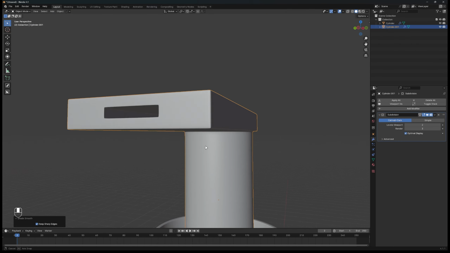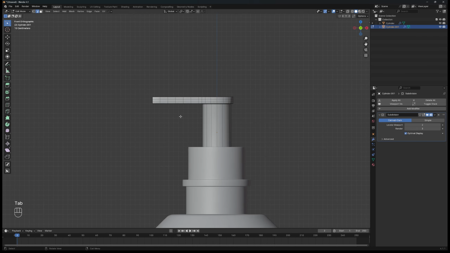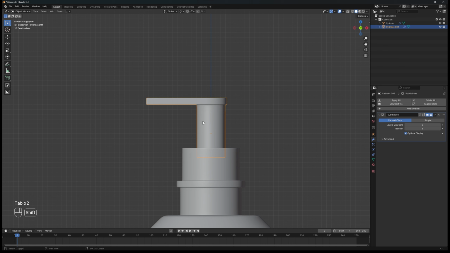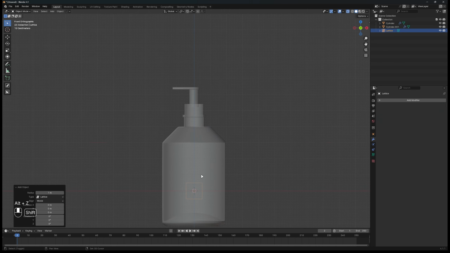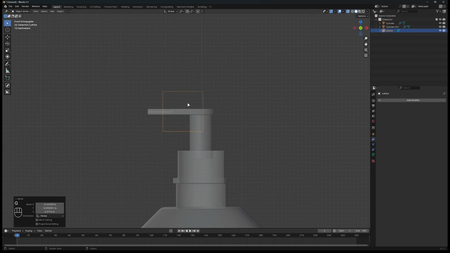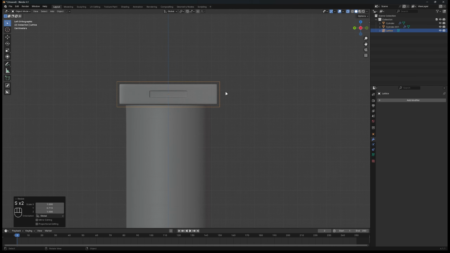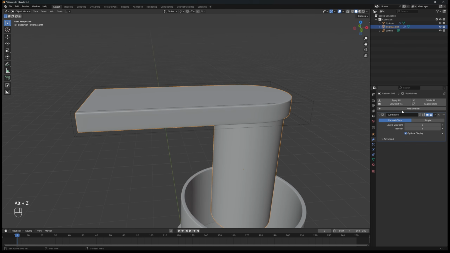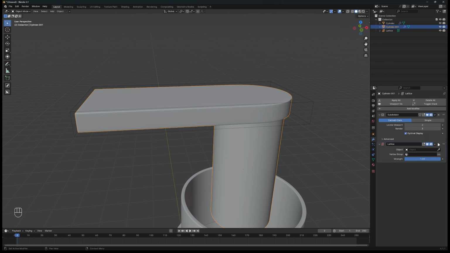Then add a subdivision modifier on it and also delete the bottom face too. To make the tip curve, I use lattice deform here. To add a lattice, press Shift plus A, then add lattice below the armature. In object mode, move the cube to the tip position and rescale it until it fits the square tip. Select the tip mesh, then add a lattice modifier on it. Move the lattice to the top of the subdivision modifier, and on the object select lattice.